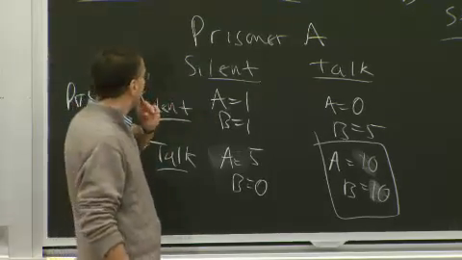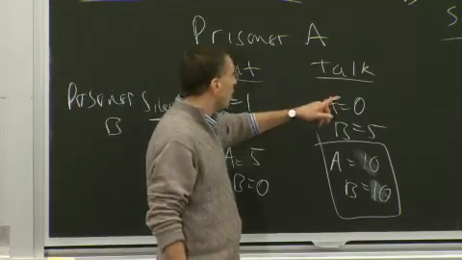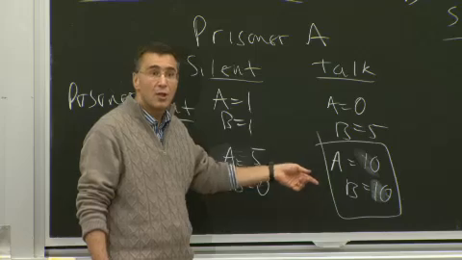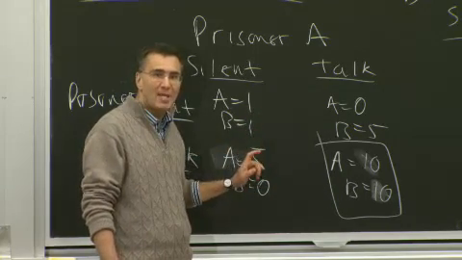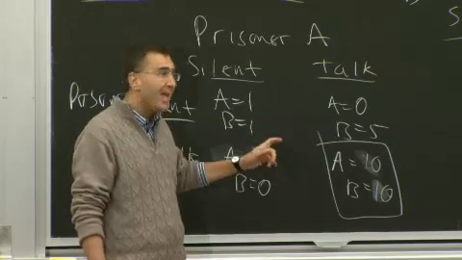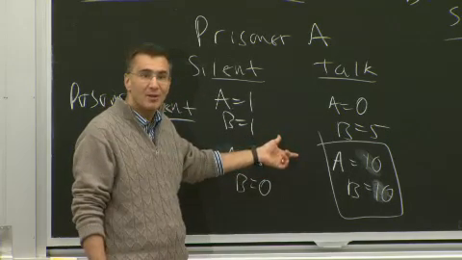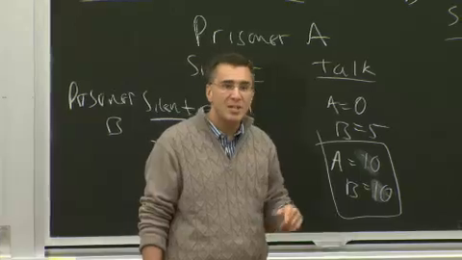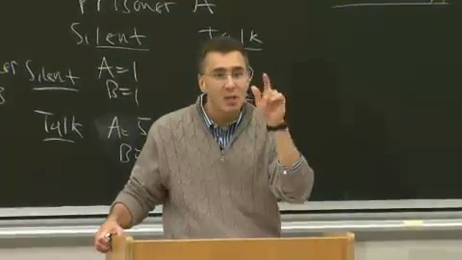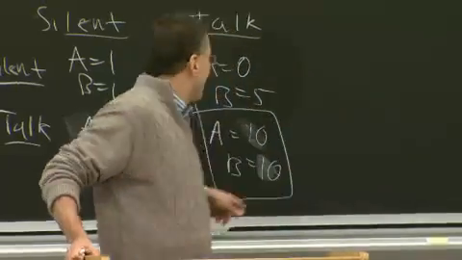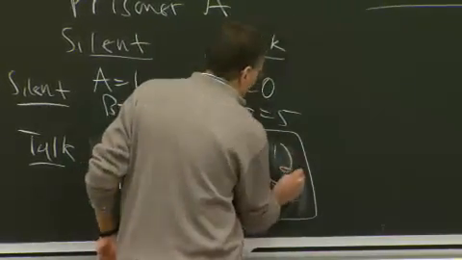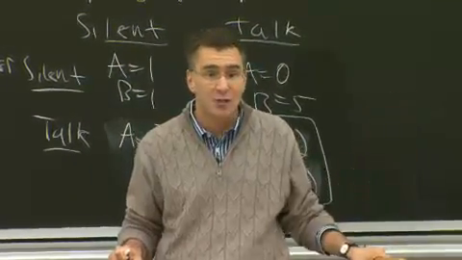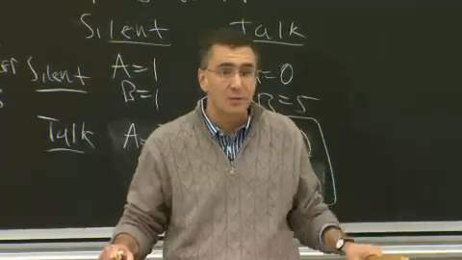Okay? So now what's A's choice? Well, A, if he talks and B's silent, then he's better talking. But if he talks and B talks, he's worse talking. So then what he does depends on what B does. What B does can depend on what A does. And we can't obviously see the Nash equilibrium here. We don't, because there's no dominant strategy. What you do depends on what the other person does. So there's no dominant strategy. Dominant strategies only occur if there's something that you should do no matter what the other person does. So in this case where these are both 2, there is a dominant strategy. It's to talk. If those are both 10, there is no longer a dominant strategy, so we can't quickly get the Nash equilibrium. Okay? It's a good question.